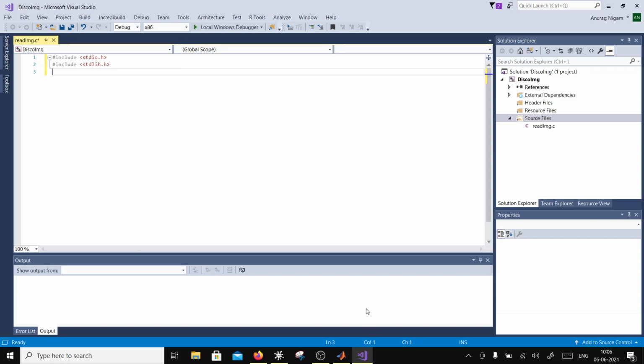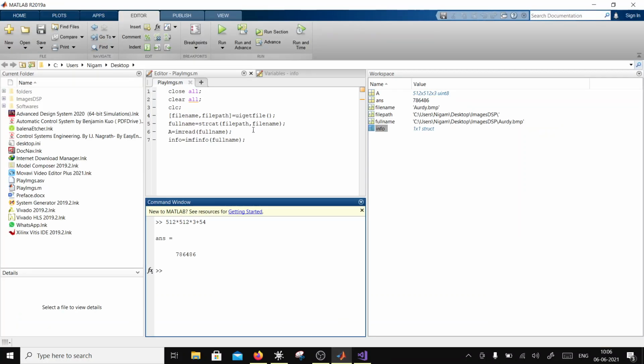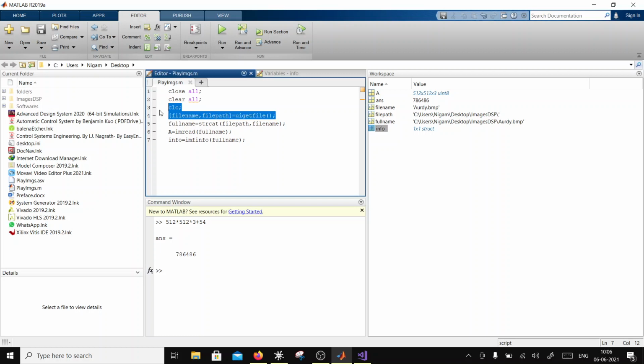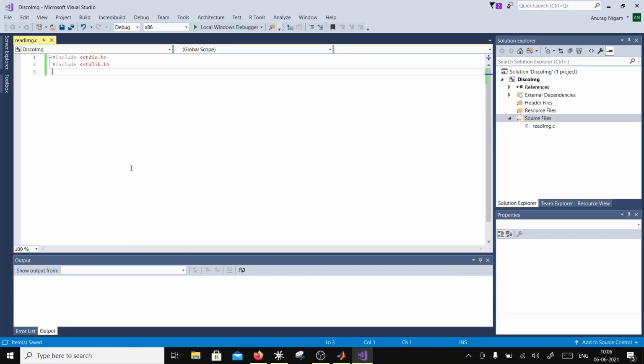I don't have that fancy dialog box, but later I will develop the code for that fancy dialog box also, which you get from uigetfile. It's nothing but calling the Windows Win32 API. The standard dialog box opens and it retrieves the path. So it is not doing anything special in here. Under the hood, it is just a Win32 API call. That's all it's trying to do.